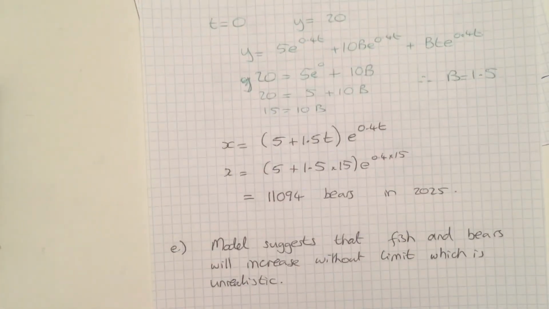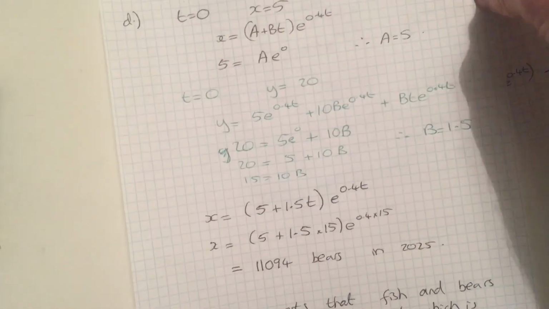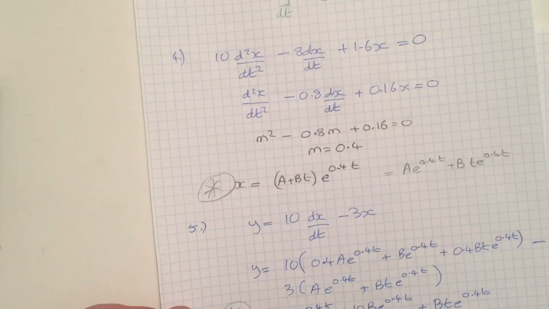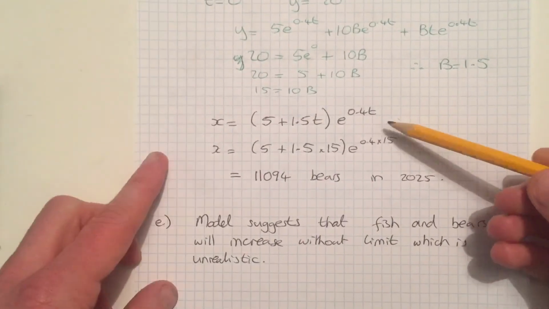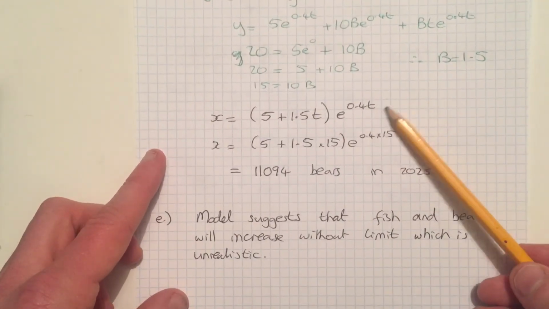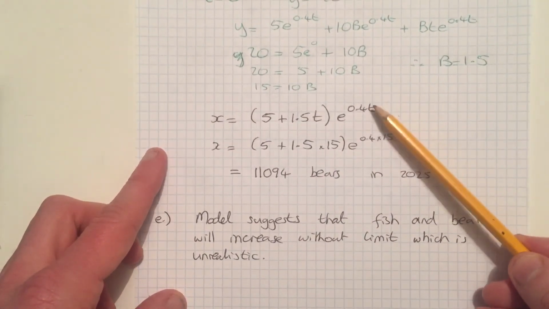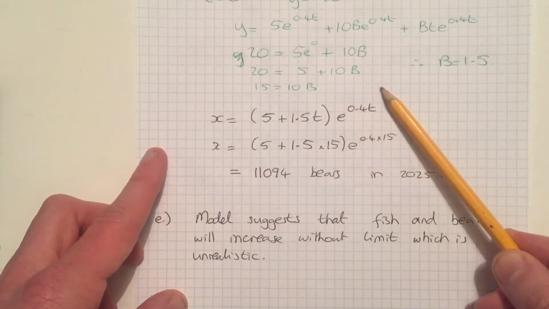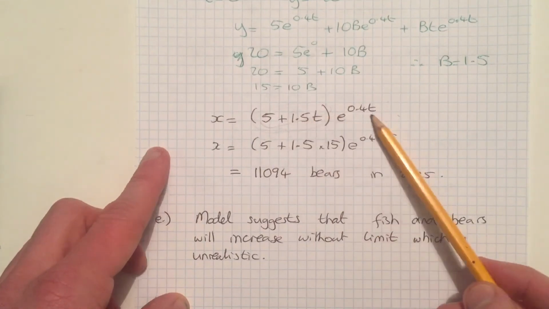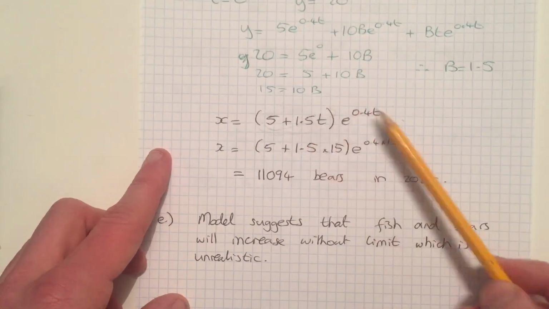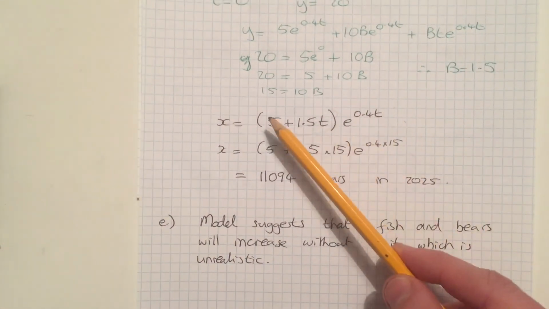Well, straight away, 11,000 bears seems like quite a lot to me. Let's have a look at our equations, our model. Now, let's look at the bear equation first of all, so I've just got that written here. Now let's consider what would happen to that as T gets bigger and bigger. As T gets bigger, then this gets bigger. And as T gets bigger, then this gets bigger as well. So it seems to me that based on this equation, the number of bears is just going to keep getting bigger and bigger